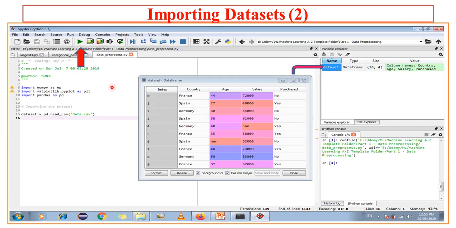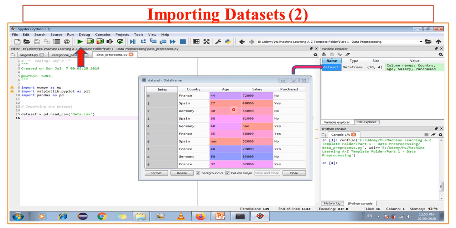Now here is the sample execution. I have written just three or four lines in this code. As I said, you have to start Spyder IDE, then write the code and save it with a proper name, that is, I have used data_preprocessing.py. So I saved this file with the .py extension, and this is the name of the file. I'm basically importing this data set saved in the data.csv file and trying to see what happens if I import this data set.